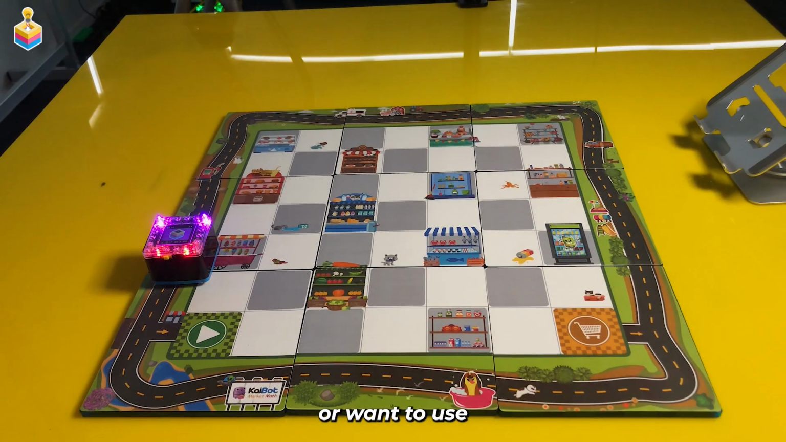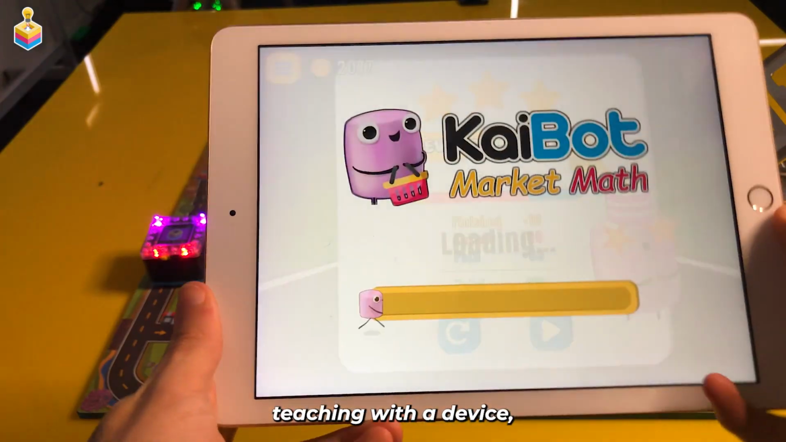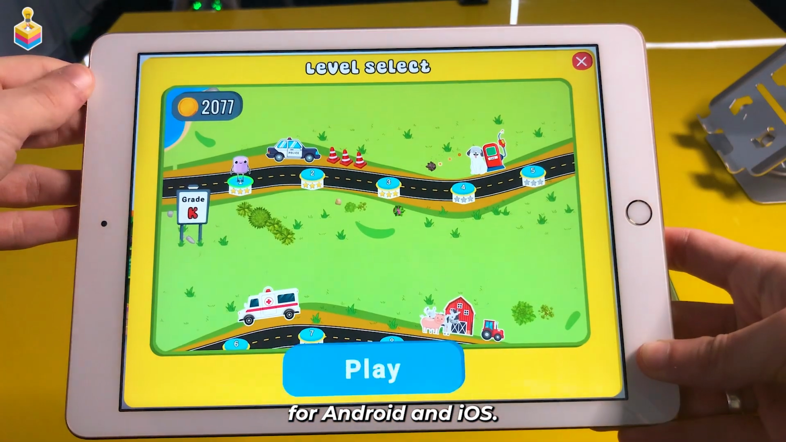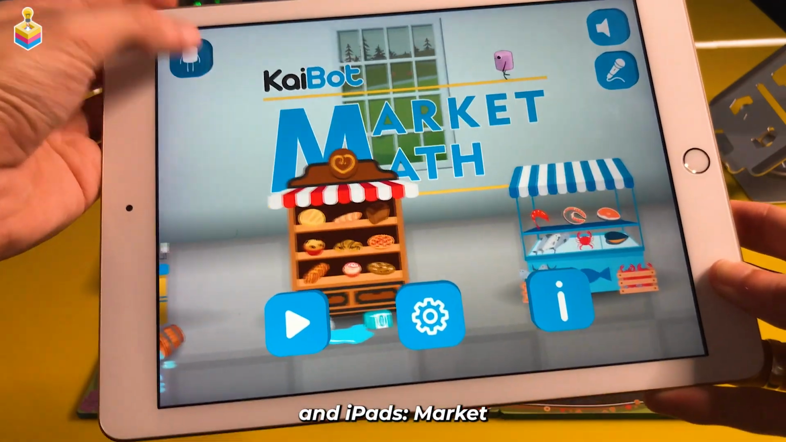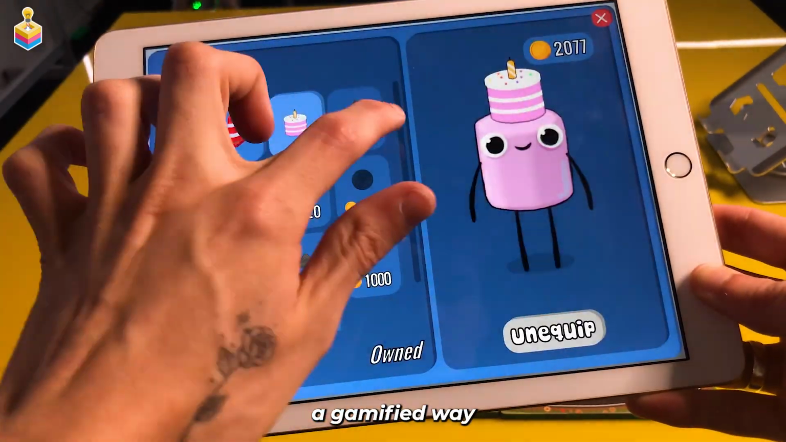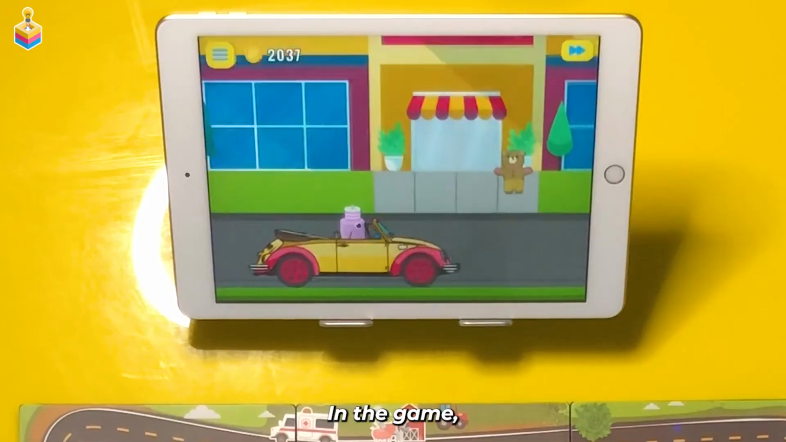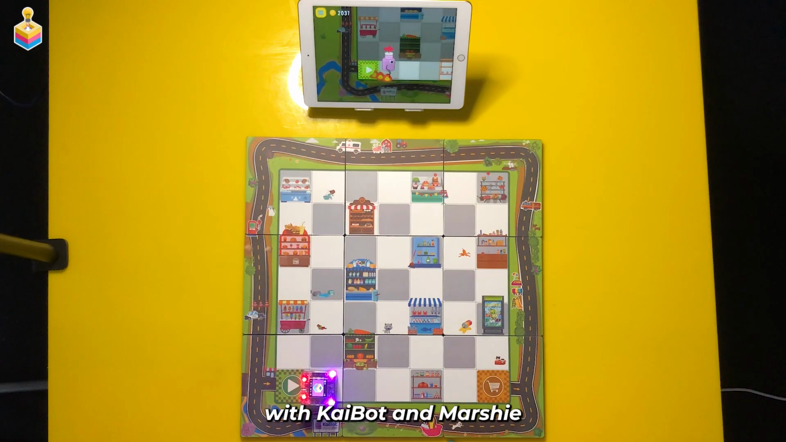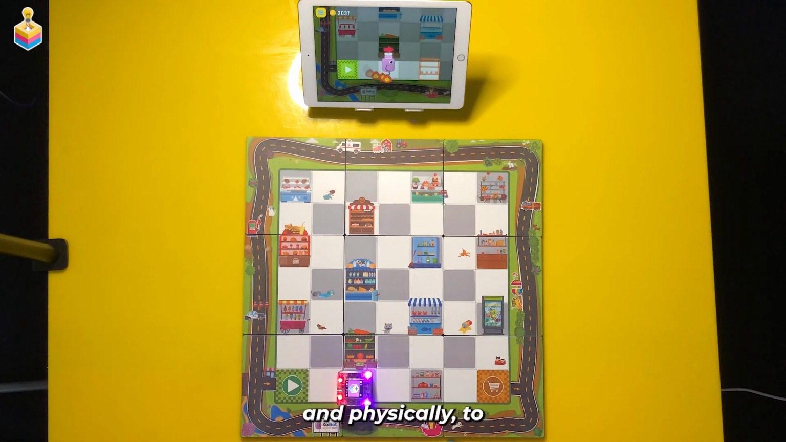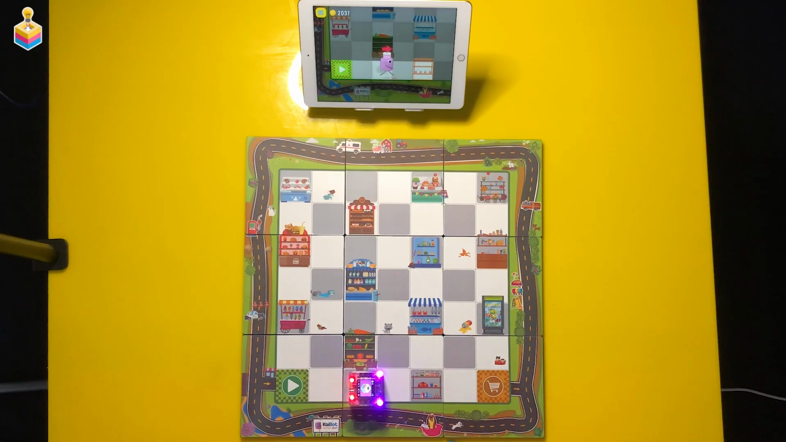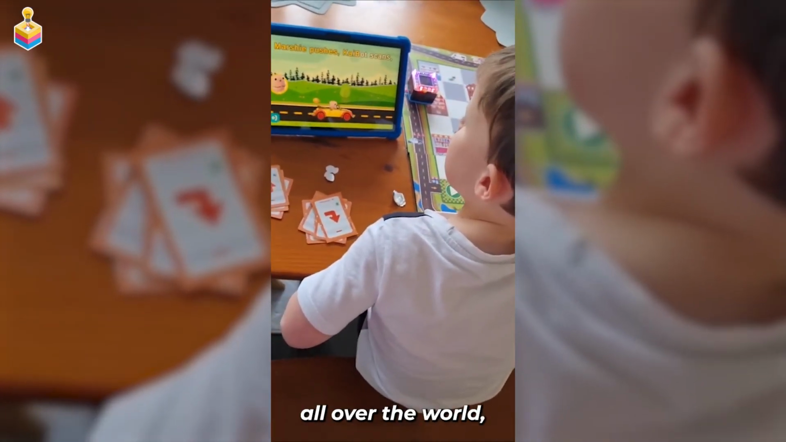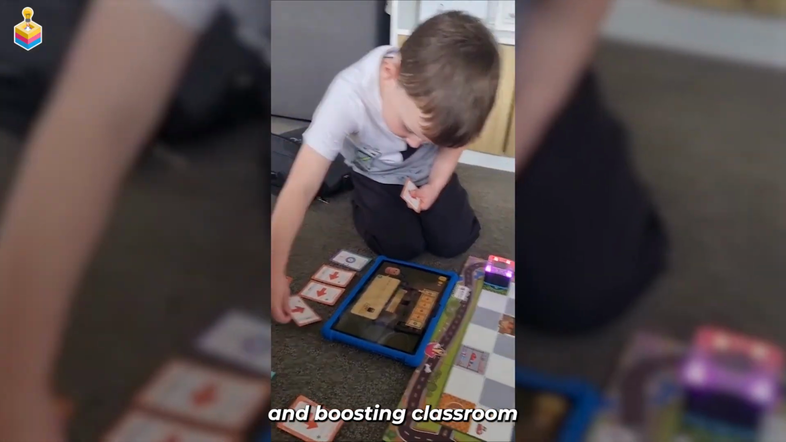If you're a parent, or want to use Market Math while still teaching with a device, you can download the Market Math app for Android and iOS. Available on tablets and iPads, Market Math offers a gamified way to reinforce key concepts. In the game, students join Marshy on a grocery shopping adventure, with KaiBot and Marshy working together both digitally and physically to complete their mission. Market Math is changing how young minds are learning mathematics all over the world and boosting classroom and even home